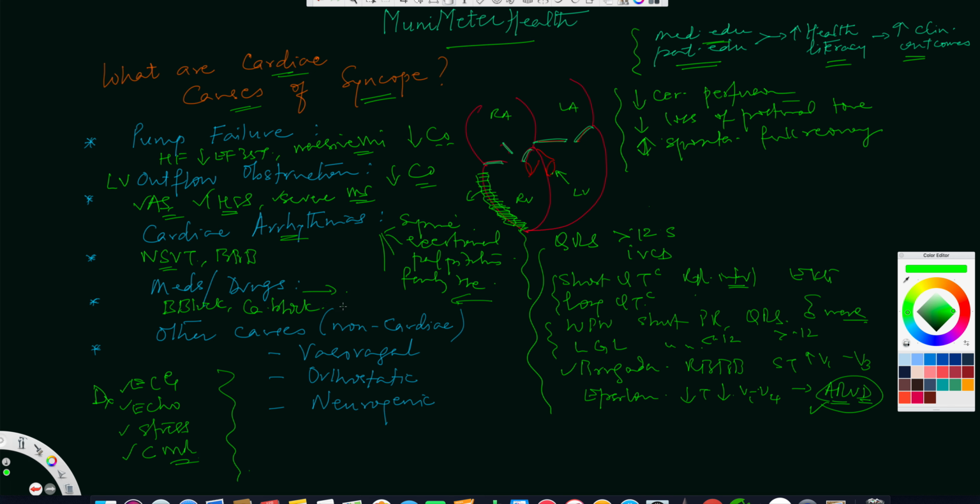And there are certain type 1A groups of drugs, specifically procainamide and quinidine, and these are antiarrhythmic drugs. Patients could be on antiarrhythmic drugs, and they can cause prolonged QT, and as a result, these patients can result in torsade. We call it torsade de pointes. It's a French name, torsade de pointes.